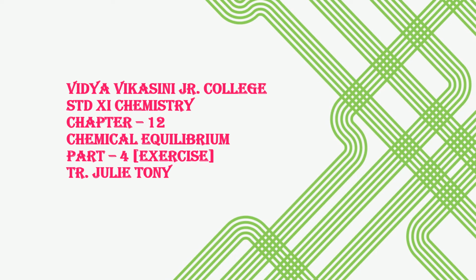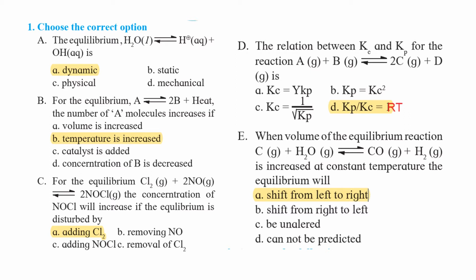Hello students, today let us discuss the exercise of the lesson Chemical Equilibrium, page 189 in your textbook. Question 1. Choose the correct option. A. The equilibrium H2O(l) ⇌ H+(aq) + OH−(aq) is, the correct answer is option A,